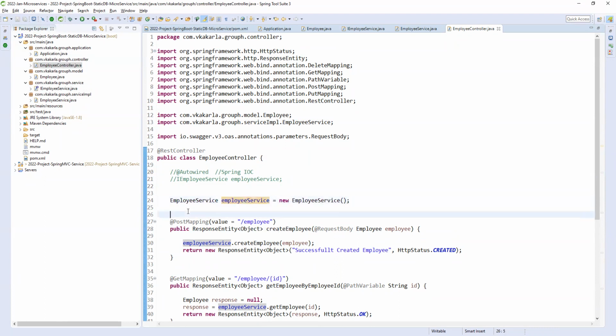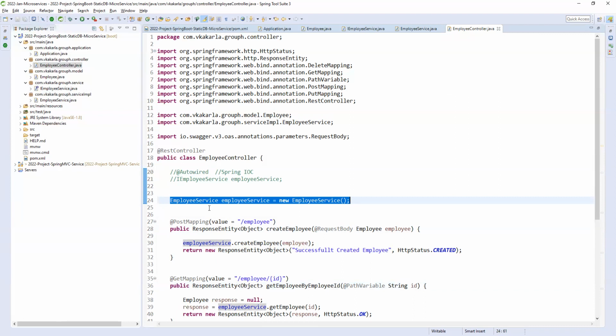For example, whenever you are running an application, objects will be created and memory will be allocated for each object. This is not creating it dynamically; this is early initialization. So whether you are calling this employee service or this API or not, objects will unnecessarily be created. If you have 100 services, 100 objects will be created and memory will be allocated for all 100 objects. This is boilerplate code, and this is tight coupling, right?